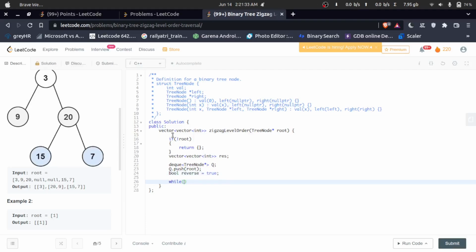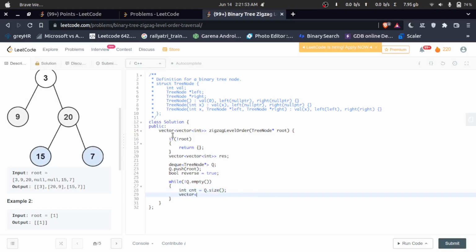While q is not empty, right now I'm traversing. Integer count is equal to q dot size,